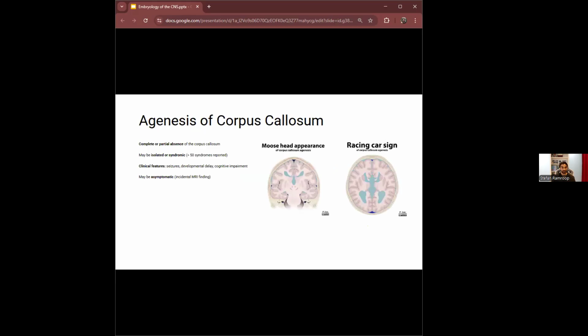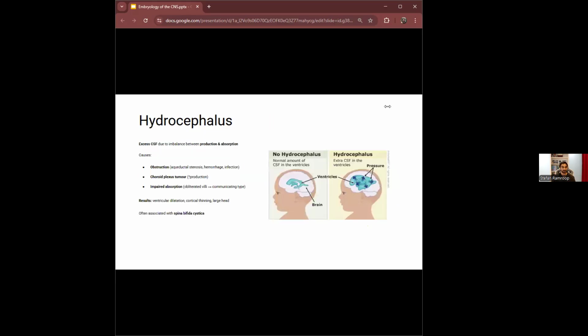Next, in the midline commissural system, you can have agenesis of the corpus callosum when the commissural fibers fail to cross the lamina terminalis. On imaging, you'll see what's considered the classic batwing or racing car ventricles. Clinically, it can present with developmental delay or epilepsy, although some cases could be asymptomatic. And you can have hydrocephalus,